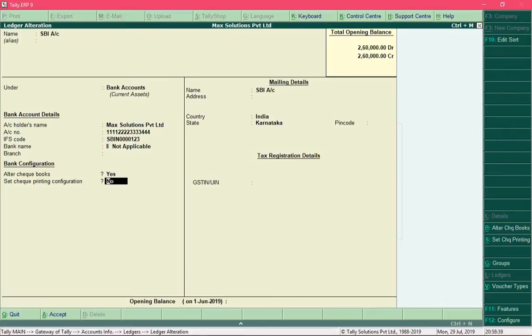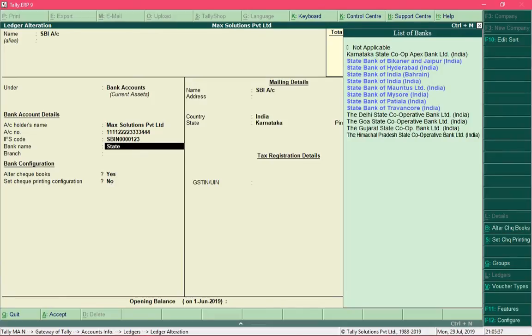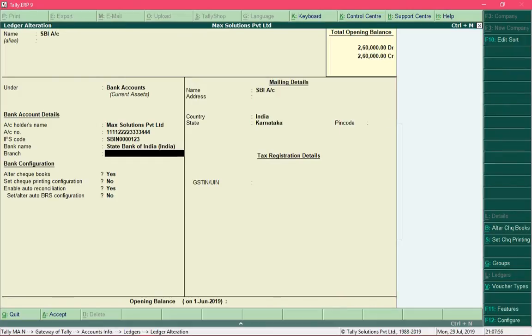Alright, so we just added checkbook information which is associated with this bank ledger, and now we will configure print settings for this checkbook. And in order to proceed further, make sure that you select the bank name in the field bank name. So let me specify the name of the bank, which is State Bank of India, and select it and specify the branch where your account is operated.